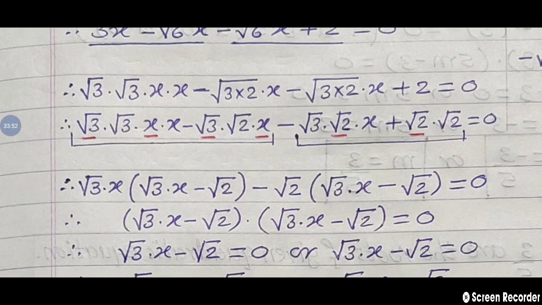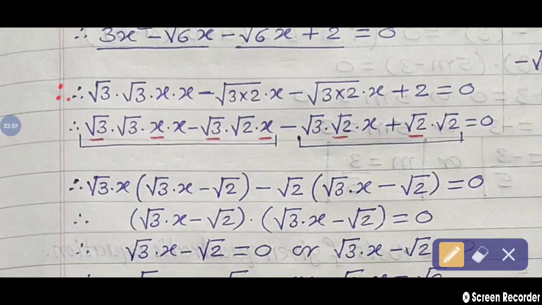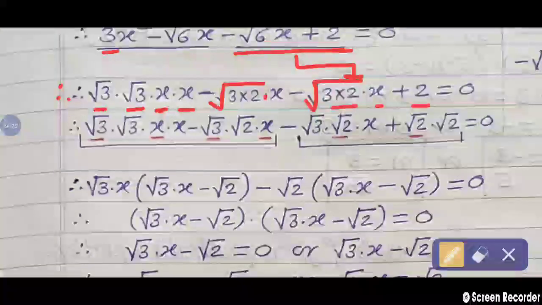Check that. I will show it properly. Simplify it. Therefore, this 3 means nothing but write in the form of root 3 into root 3. x square means nothing but x into x. Now, root 6 means write in the square root, 3 twos are 6. Outside the root, x is there. Minus here. Next, group of two terms. Root 6 means again write in square root, 3 twos are 6 into x plus that 2 remains as it is. Clear all of you?